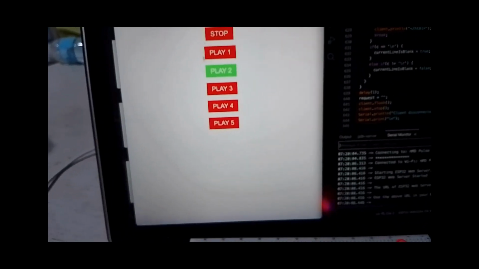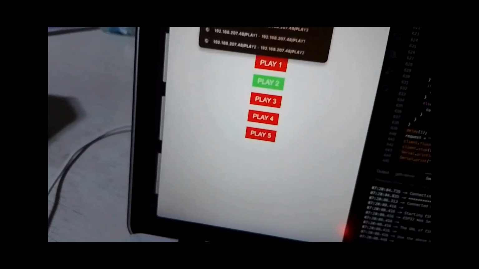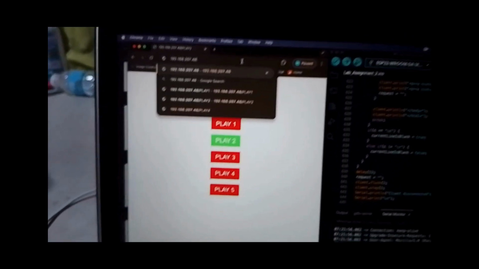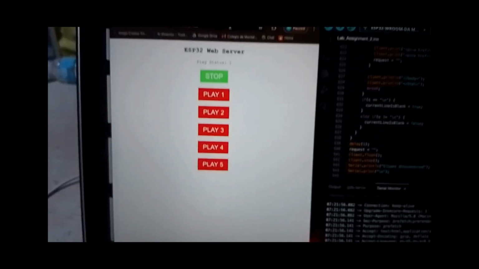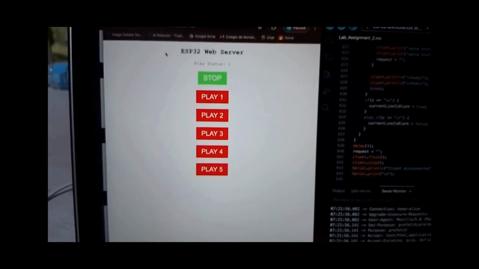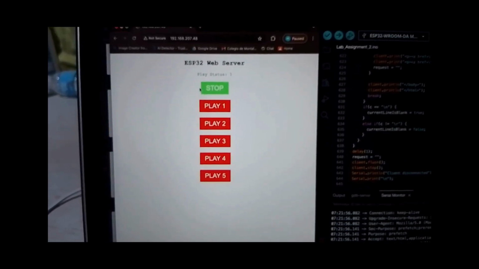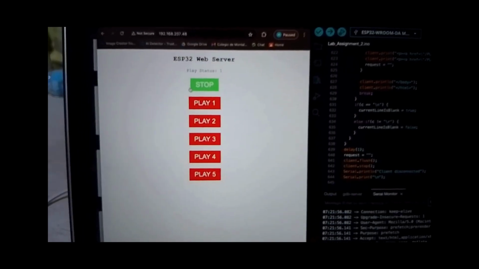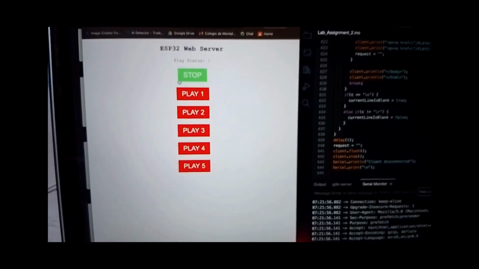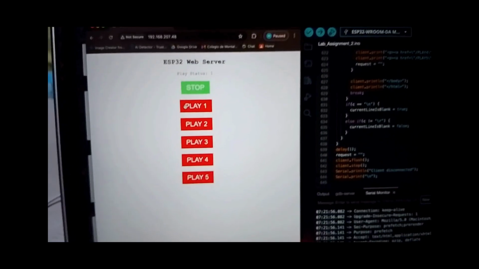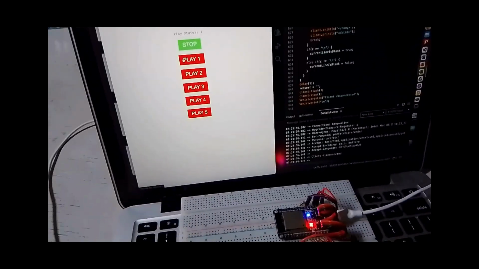So after that, I will just remove the plate too, so that we can start. It started at stop. Then I'm going to click the play.